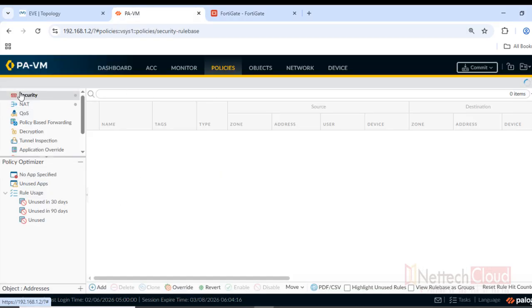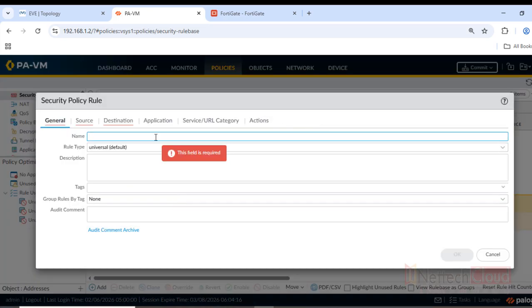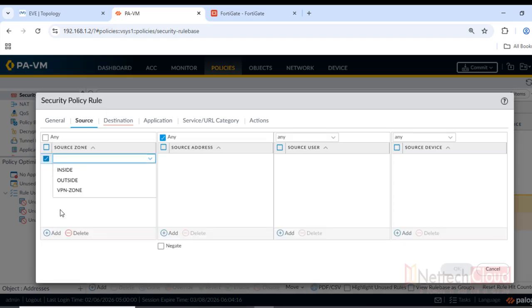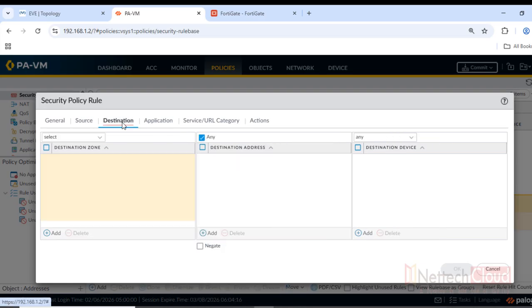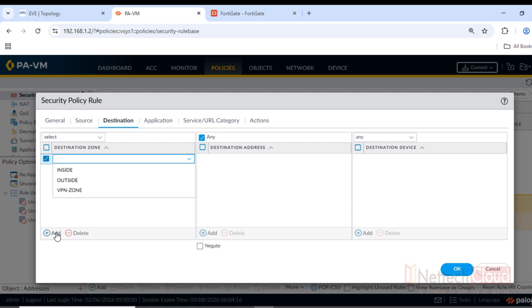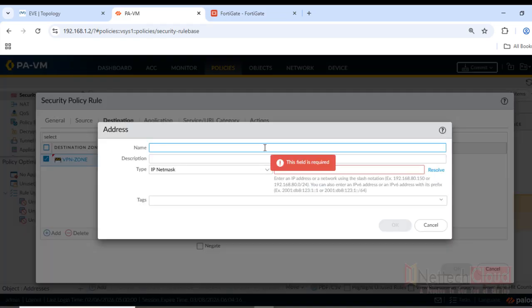So I'm back to the Palo Alto firewall. Security policy, create. The first one I will name VPN out. VPN out means source zone is my internal network, inside, source address is my internal network address, LAN network, destination is outside. No, VPN zone, not outside, right? And what about the destination address? Create a network object for the remote network,